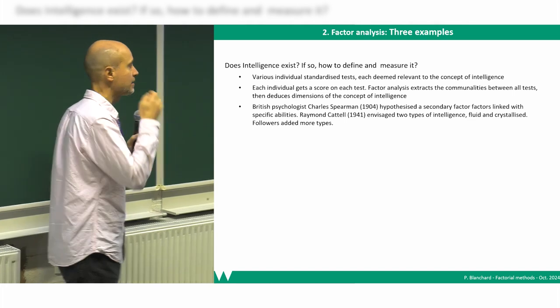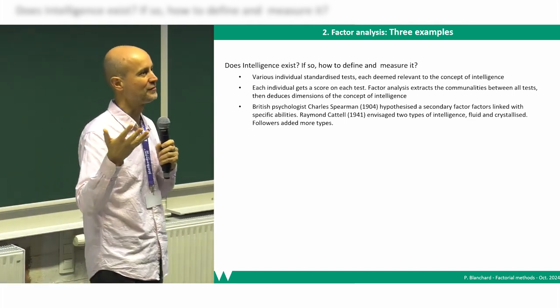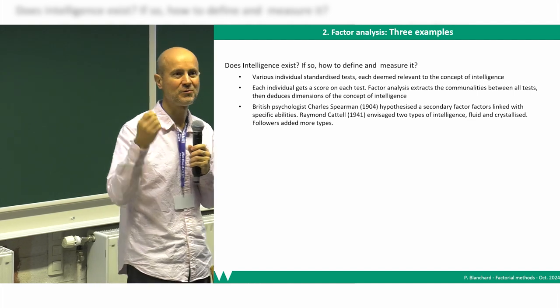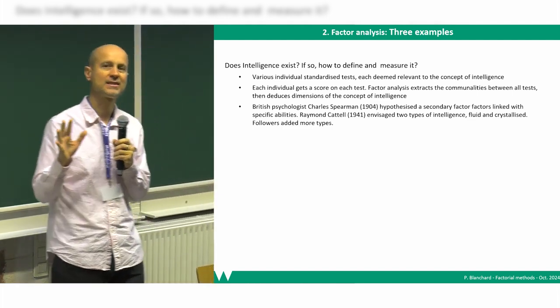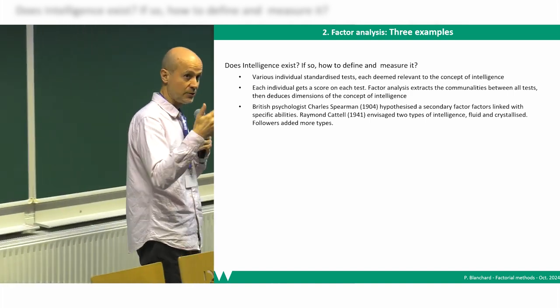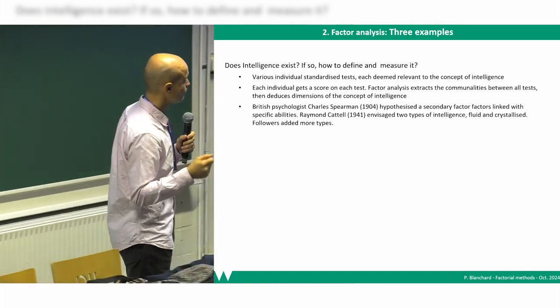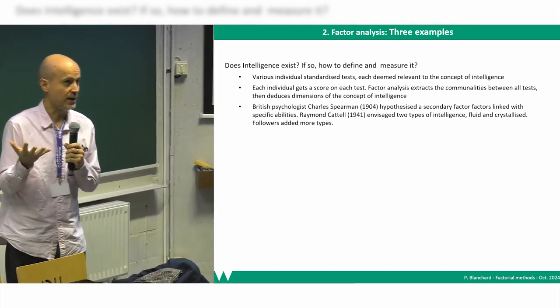And so it was either a subjective bias of teachers and markers who would say, okay, these are the good students, these are the bad students. That may have happened, but it's not only that. There is a level of commonality between students' achievements in school. That's just one example. And then he proposed to call that intelligence.